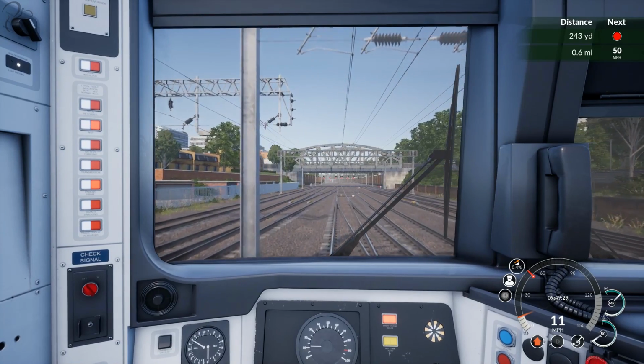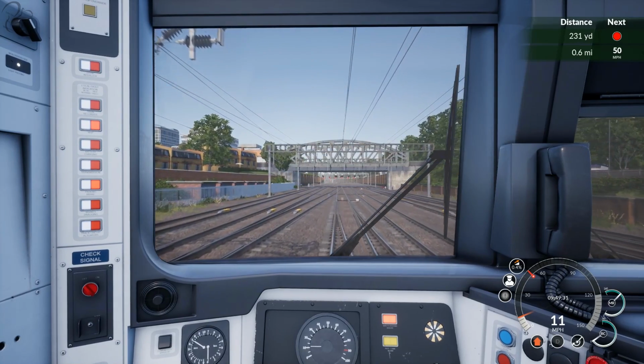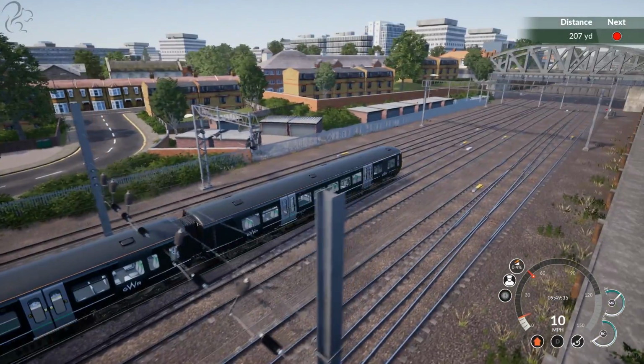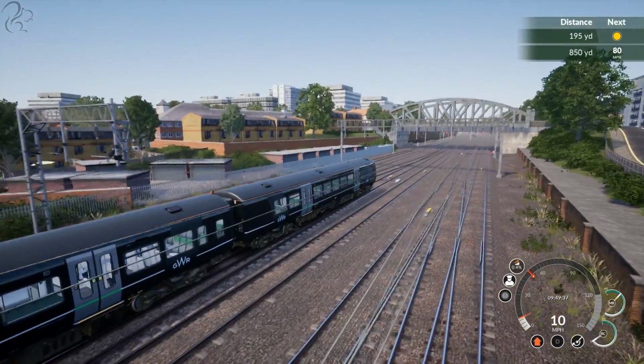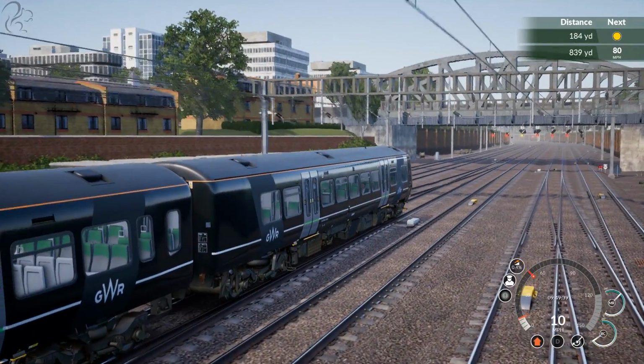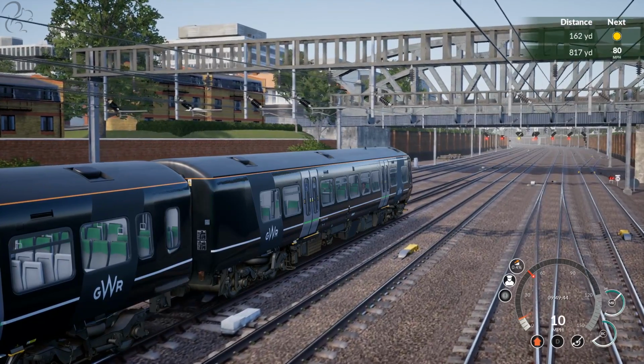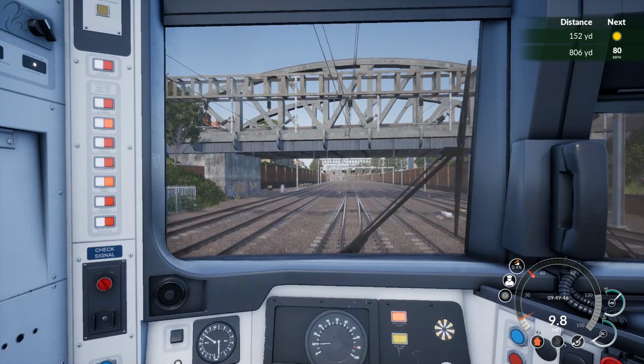So we have a track speed of 50, but we can't go anywhere just yet, because we've got a red light. Let's have a quick look outside and see what it looks like. Now, visual details. I've not been out of Paddington on the train. That's one of the stations I've not actually been out of. If you have been out of it,